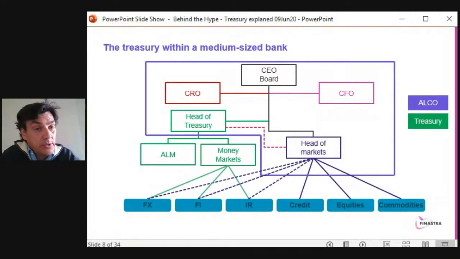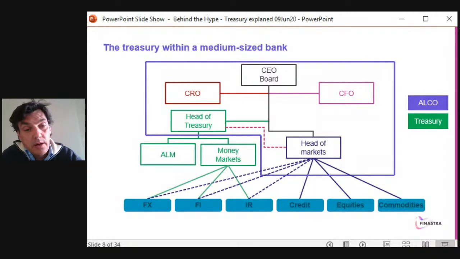What is important here is that those four guys plus the board, and at some point the head of market if the bank is a good enough size, they are making what we are calling the ALCO. The ALCO is the Asset and Liability Committee. They are taking every strategic decision, and in terms of strategic decisions, actually, they are telling the kind of thing